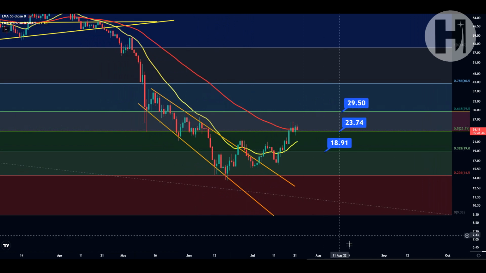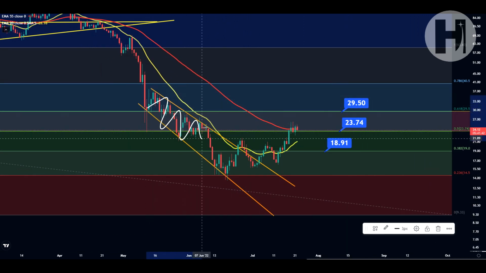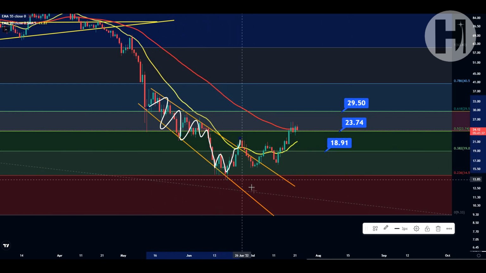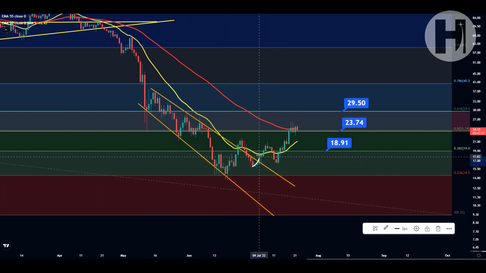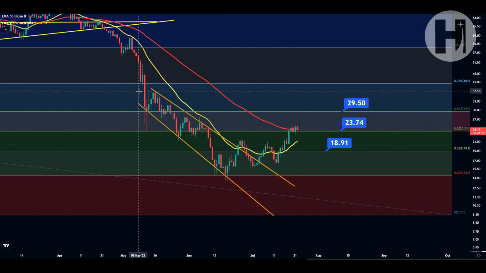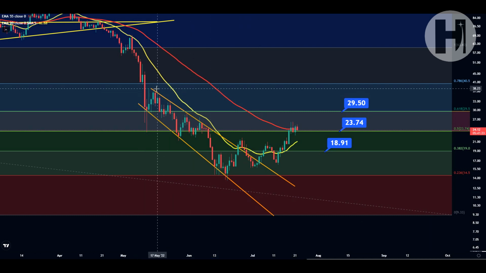So also you can see that we were in this descending broadening wedge over here. You had a triangle basically that was turned to the downside, and it's getting broader and broader as we go. So we did have a break to the upside here. We did even backtest it as support, and now we're continuing in this nice, beautiful uptrend. And the target from this pattern is at $37 because that's where the wedge was created. But I'm not going to be targeting this just yet because